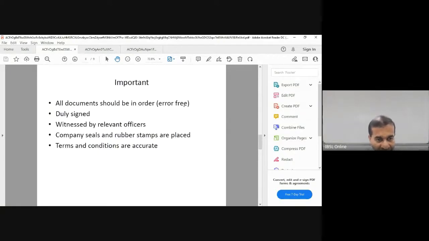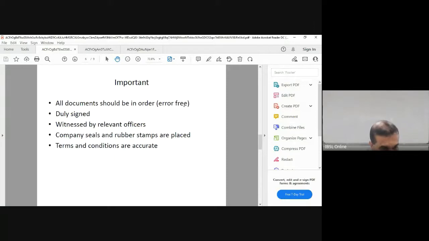What is important is that all documents should be in order. There should be no errors at all, because at the end of the day, if you consider this loan is an asset, then the set of documents is the asset, and these documents should be duly signed. There can't be any mistakes. Especially, you can't have typos and so on, because if you are trying to sue the customer in courts based on the documents, and your documents are not in order, they can be challenged by the other party.